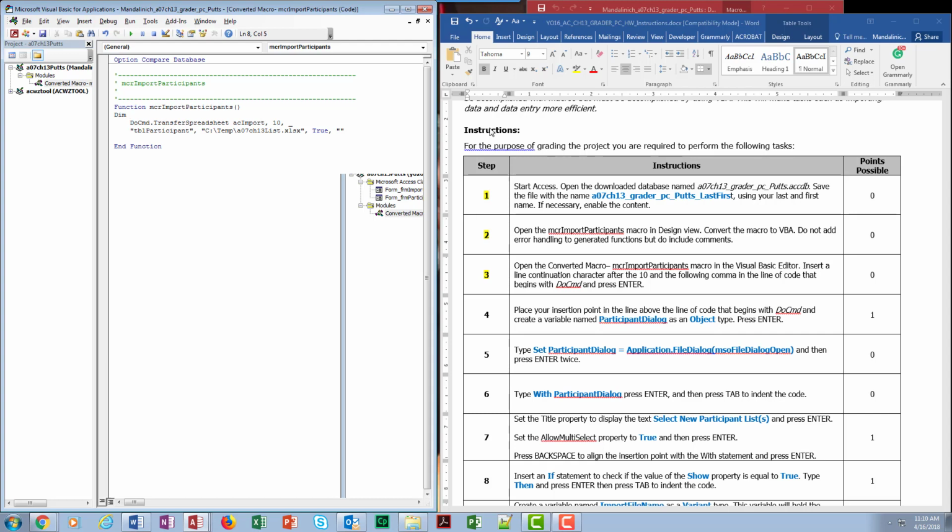And then what is it going to be called? Participant dialog. That's the name of it. And as object. Okay? So what I'm doing is I'm declaring this variable, participant dialog, as an object type. I'm doing it underneath the function name. See where the functions are like,